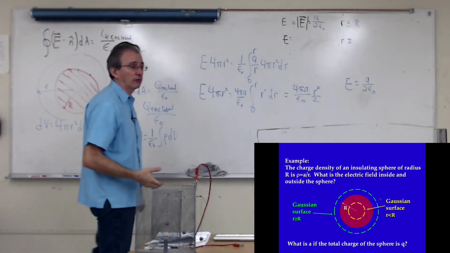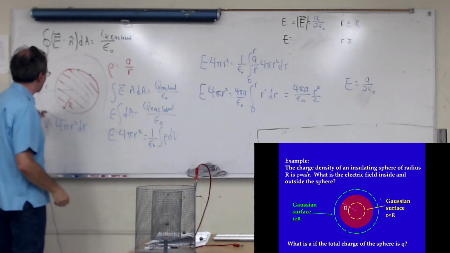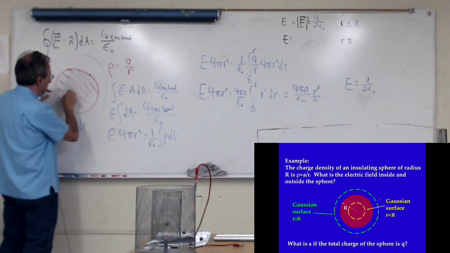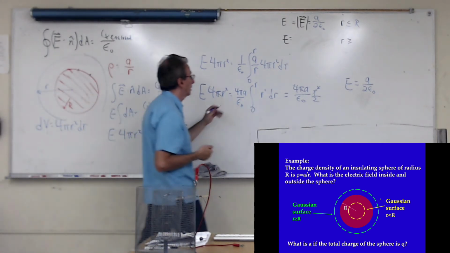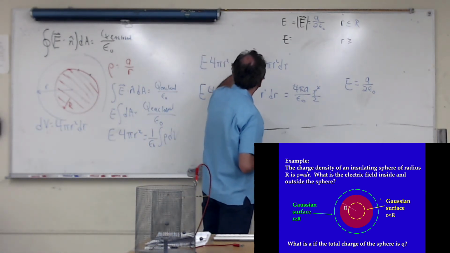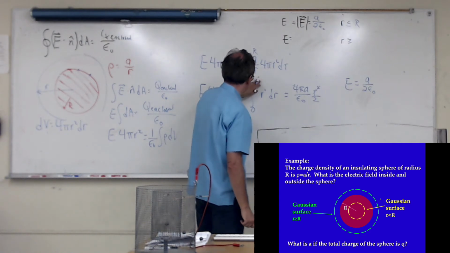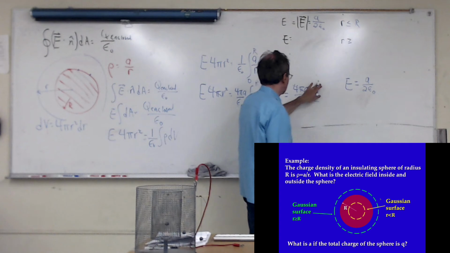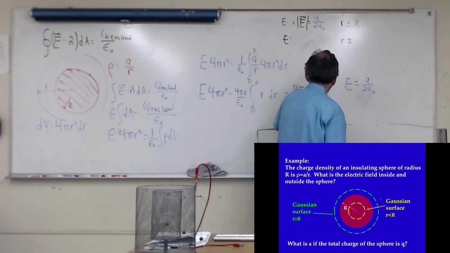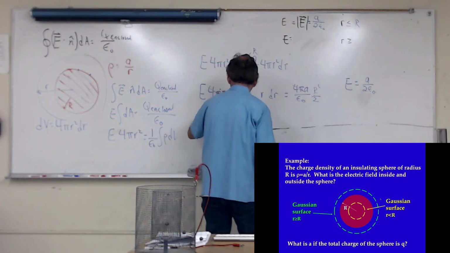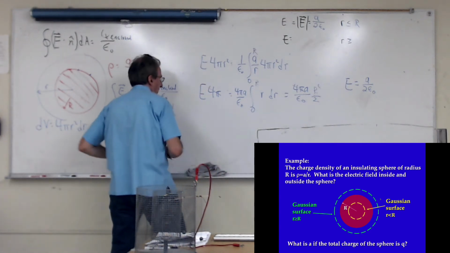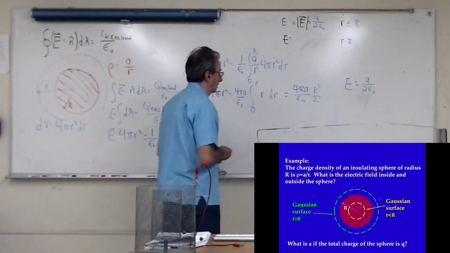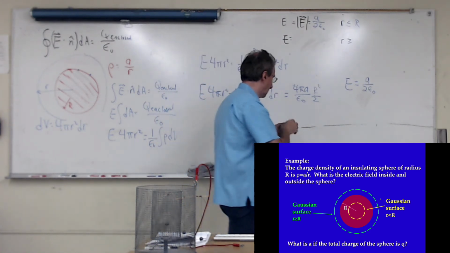What am I integrating over if I'm finding the field out here? Well, I'm trying to find the charge enclosed inside this sphere of radius big R, and so my limit here changes to big R. This changes to big R. This changes to big R. And that stays here. Okay. So then what's left? I'm going to be left with